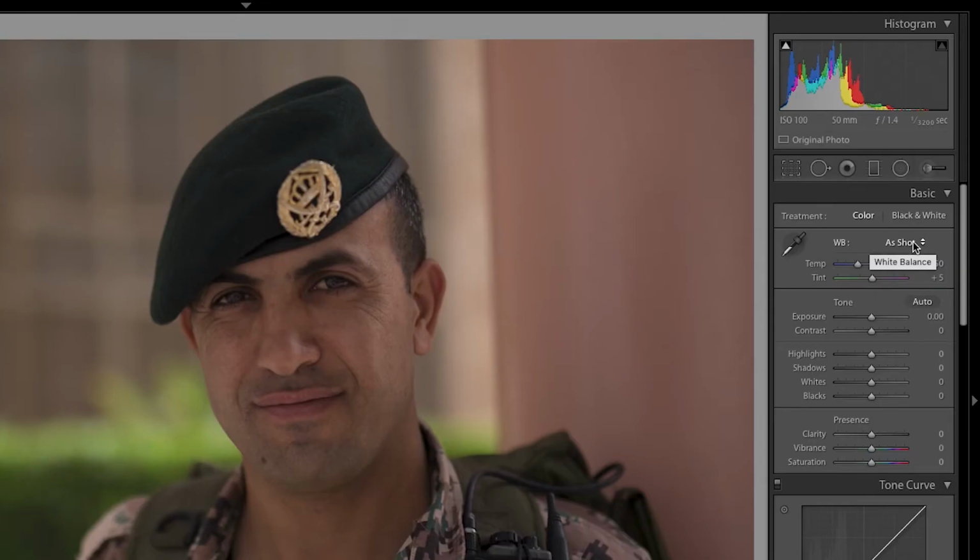Our cameras sometimes miss. So when we go in here to Lightroom, we can correct any differences in color temperature using the white balance tool. So let's go ahead and jump in here and see what we can do for the white balance of this photo. Now, just like in the Quick Develop module, we have this drop-down little menu here, and it has the same exact options. So what I'm gonna do, I'm gonna go ahead and pick Auto and see how that looks,